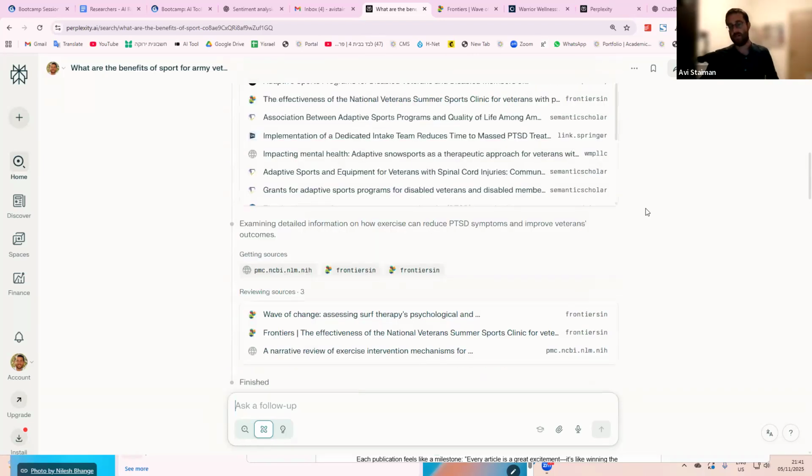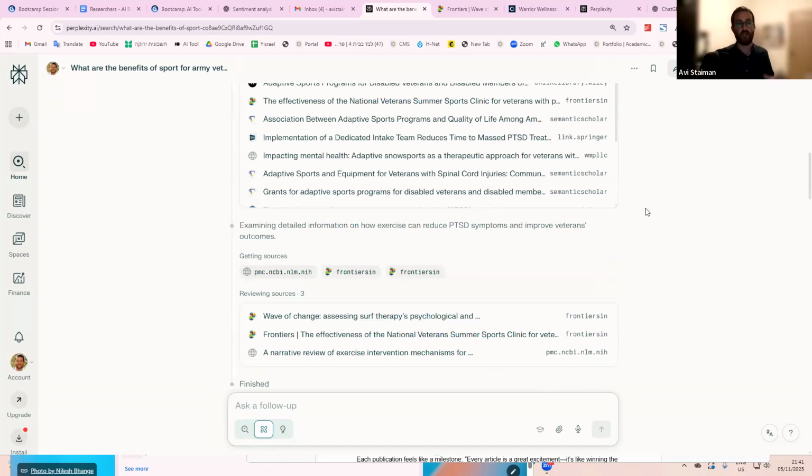But again, because of the RAG approach, where first it identifies the right sources, then it interrogates those sources, and then it gives me an answer, the level of accuracy that you're going to get in the answers here is going to be much, much higher than if you would have used a ChatGPT sort of tool. Okay, so go ahead, and I'm curious for your thoughts on the quality. Maybe once you read through your answer, I'd love for you to give it a score from 1 to 10 on the accuracy and quality of the answer to the question that you asked.